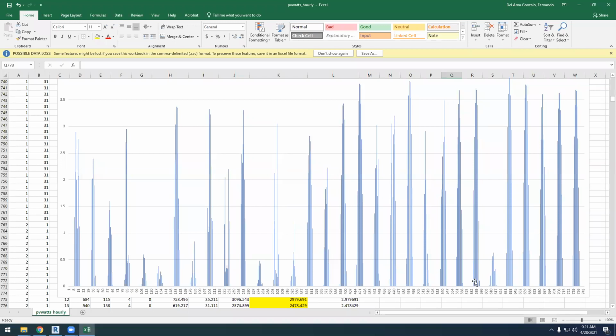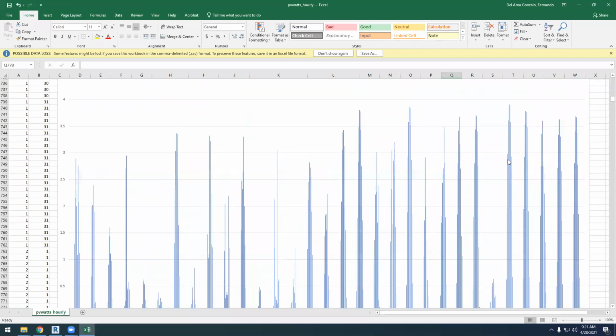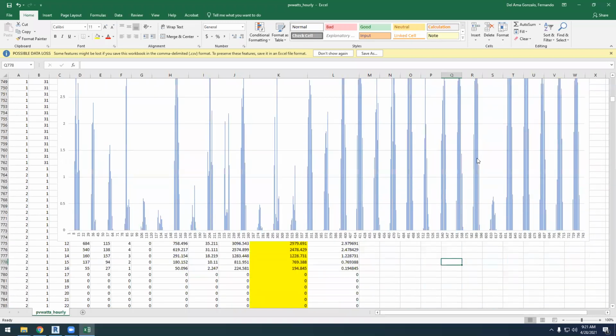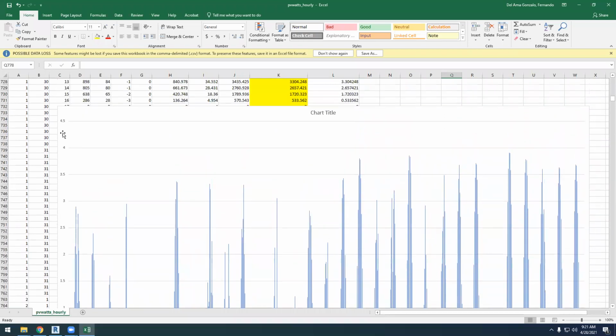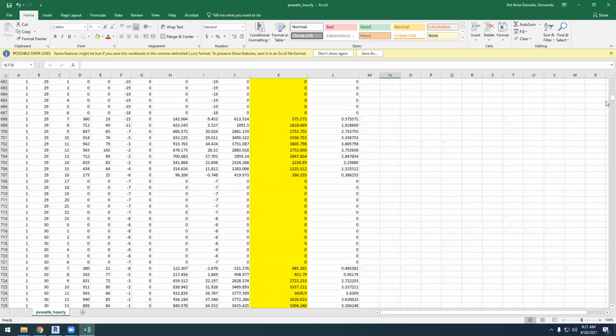We should have 31 days, and here we don't have any sun. This is a cloudy day, so in the days in which I have the very low production, those are cloudy days. But when it's sunny, I have quite good production here. Okay, so we can analyze this, and this is the maximum, and this is 0. If we want to analyze what happens in July, or if we want to analyze what happens just a single day,